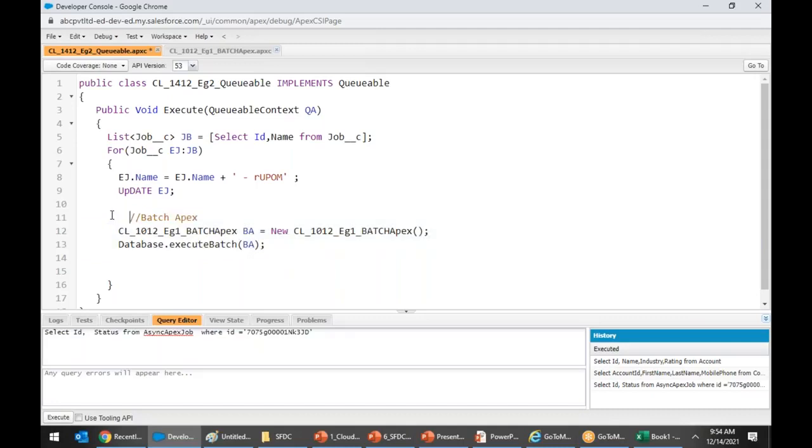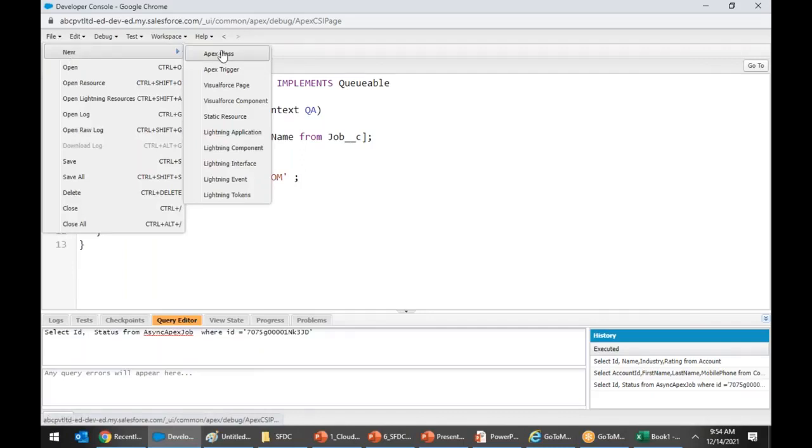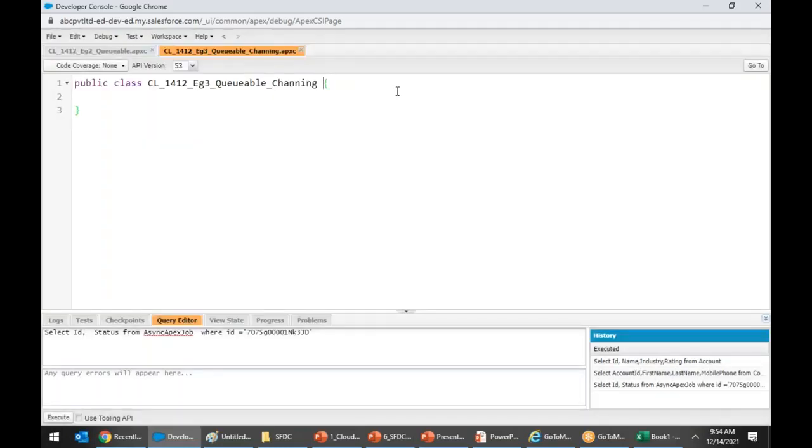Let me do one thing. Control X. Control X. This is what? Queueable apex. We will not disturb the queueable apex. I am creating one more queueable apex. New class CL_1412_example3_Queueable_Chaining. I'm showing you chaining. Whenever I say queueable apex, I have to say what? Implements